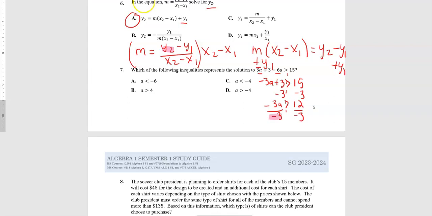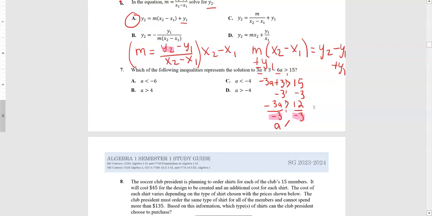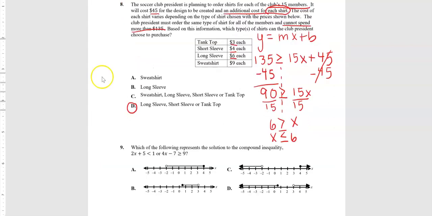Because I'm dividing by a negative on both sides, I need to flip my sign. So I'm going to get a is less than negative 4, and that is going to be right here, letter C. Okay. All right, for number 8, I went ahead and wrote out what I did to save some time,